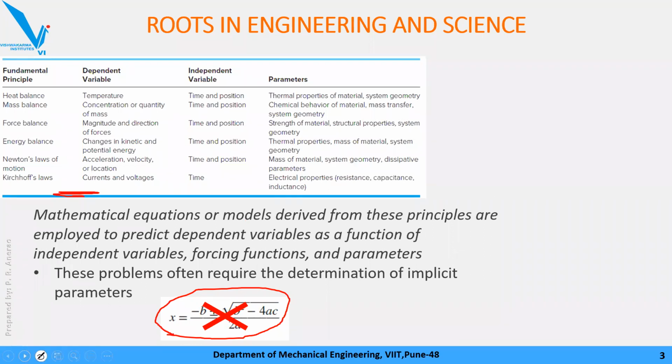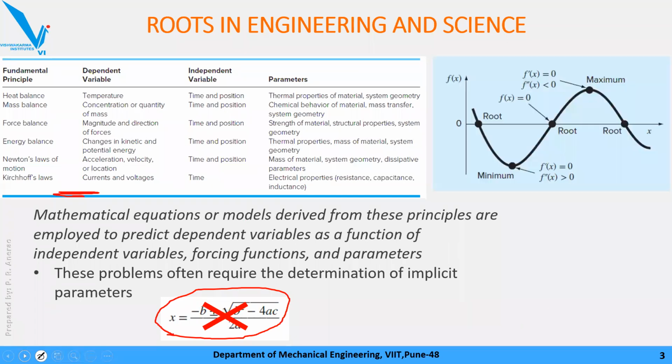Next, another scenario where we will find the relationship between roots of equations and engineering. If we plot a function with respect to x, with y being the function of x, assume some function, the trend is something like this. This graph shows that finding the root of an equation means finding an x value such that the y value, or function of x value, is 0.